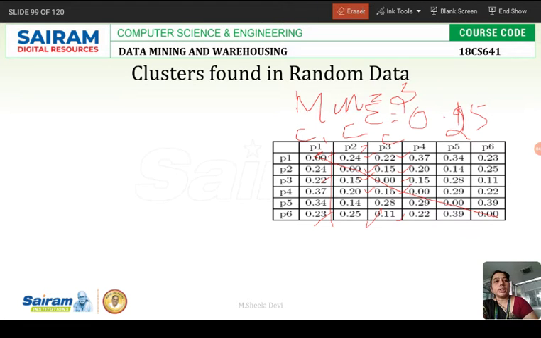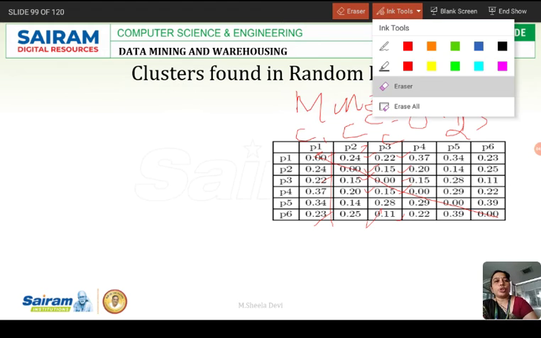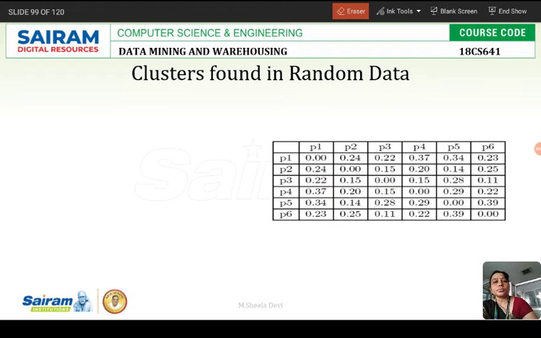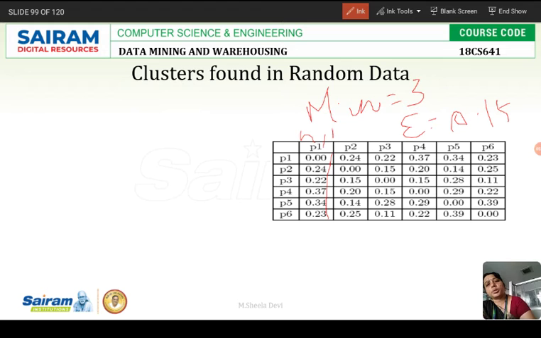So we will erase it and make 0.15 as the radius epsilon value, and minimum points as 3. In that case we will find now which is the core point and which are the neighboring points. So if I take P1, I am checking here, less than 0.15, how many data points are there? So only one is there, so it is not a core point. It can be a neighbor point or the border point.